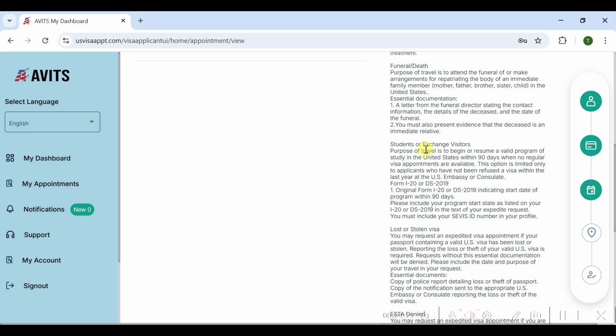Unfortunately, if your case is where you lost a relative, a brother, mother, father, sister, or child in the US, and you need to repatriate the relative's body, or you need to make funeral arrangements, and you don't have quick dates to validate that, then of course you need to request. So for the funeral